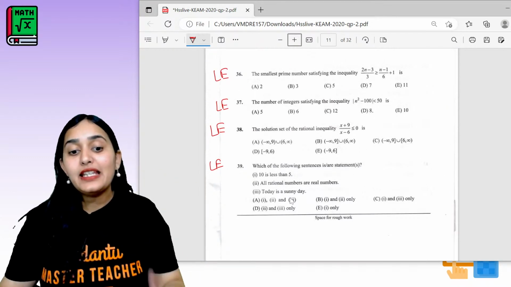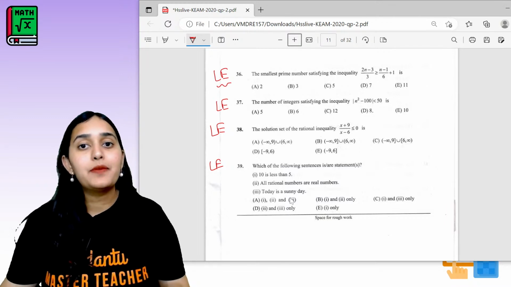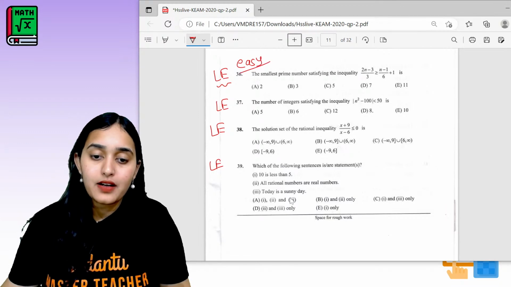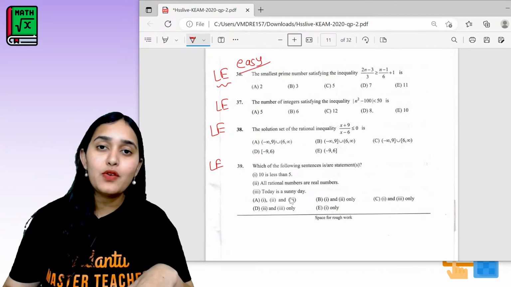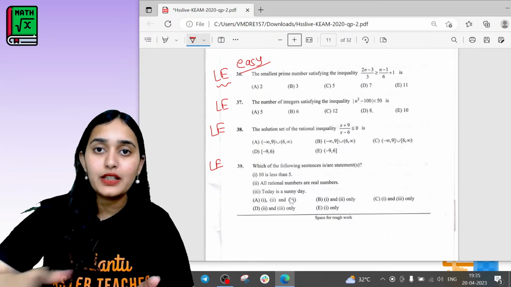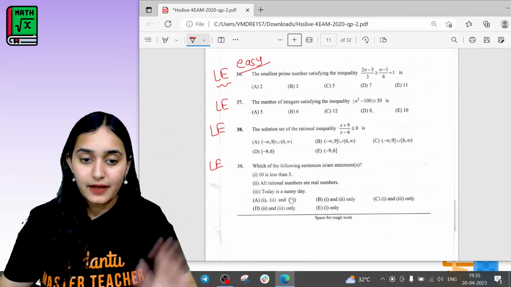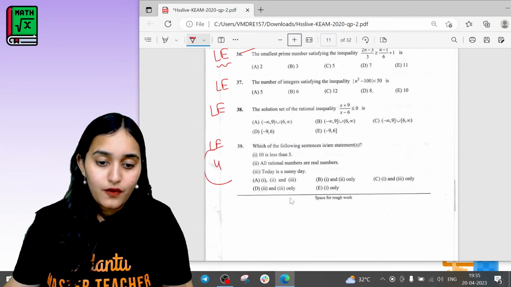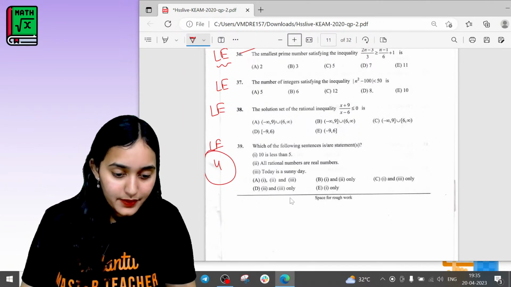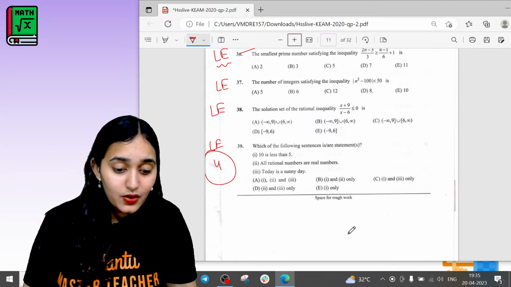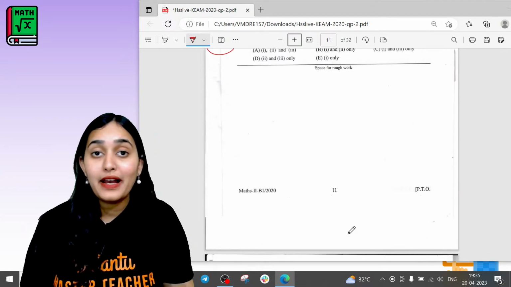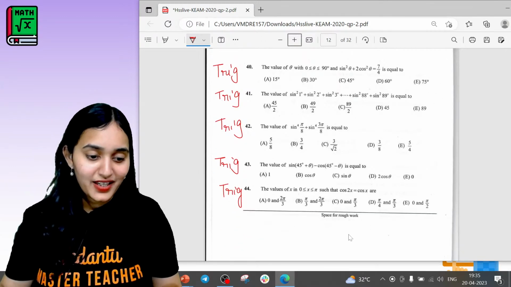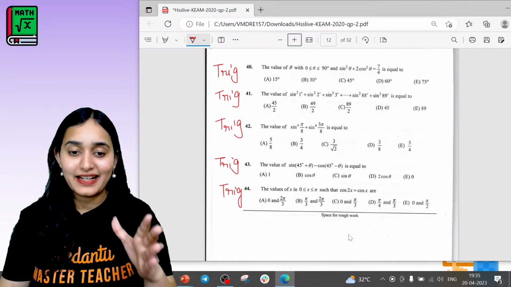Okay, next comes the linear inequality chapter. Though this chapter is not of high weightage, it is an easy chapter. So if you have time, you can combine it with some other chapter and do it quickly, but you can also leave it for later. From linear inequalities, I guess 4 questions were asked. Okay, the only thing I know is sets and LPP. Oh my god, don't do that. Please learn other chapters also. You can't pass the exam with sets and LPP.